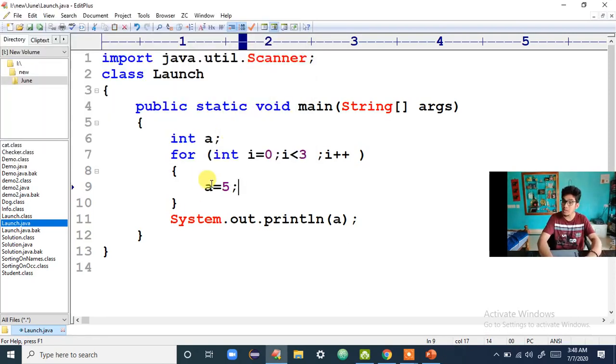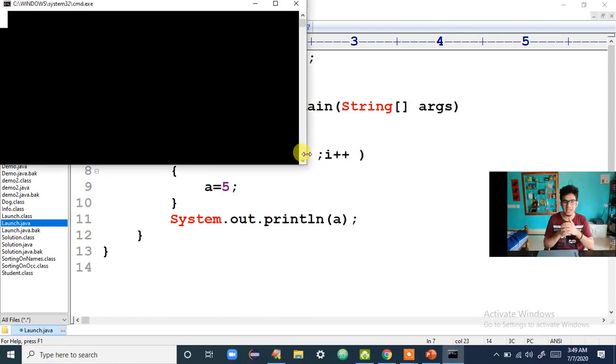Because you are trying to initialize a upon a condition. Who knows whether that condition might be true or false? That condition can be false from the beginning, which means your a is never initialized. But if I write here 1 is less than 3,